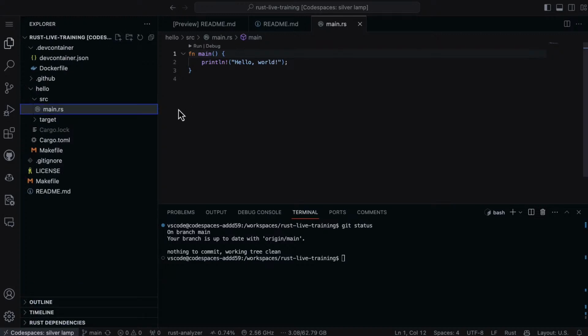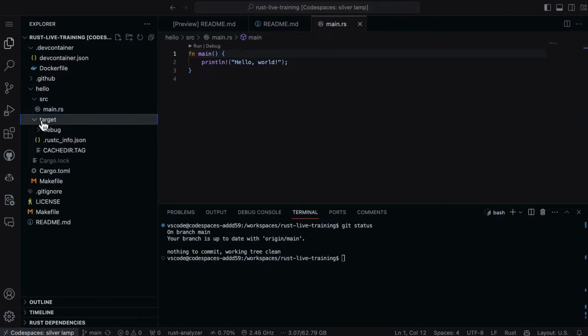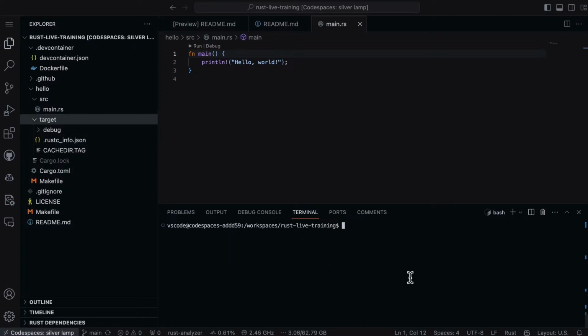That's one of the things to be aware of, is that you want to make sure you ignore the artifacts in the target directory. So you'll see this. The target directory is where all the build artifacts go. Now, if we go to the hello directory here, and we go into target,